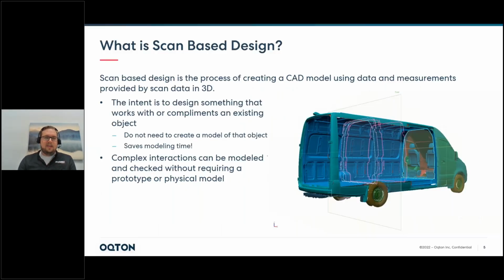So we're looking at a Sprinter van here. The van life has become quite a phenomenon worldwide here. So we just decided to do something a little bit fun with this. Probably not something we would normally tackle, but it was something in my wheelhouse that I wanted to look at here. So the intent was to design something that is going to work with our van without requiring us to